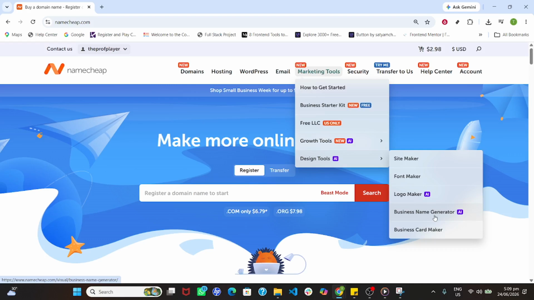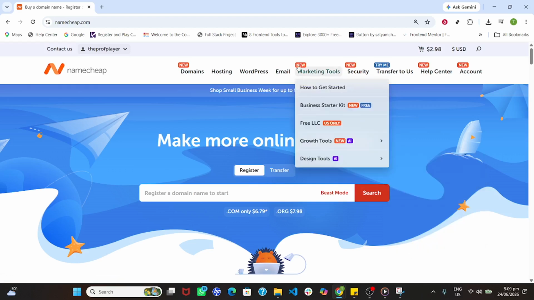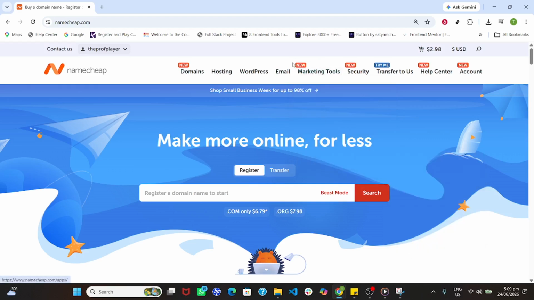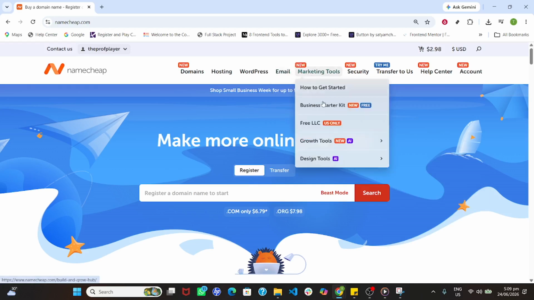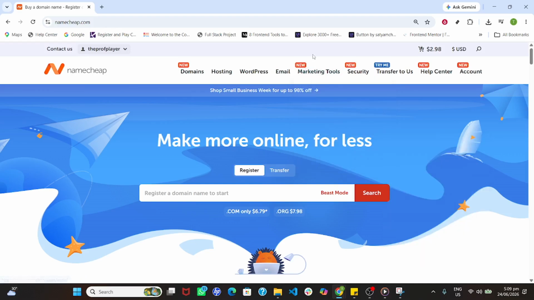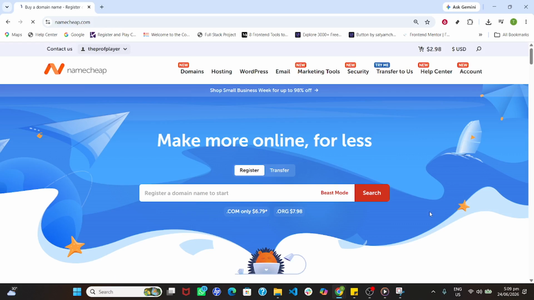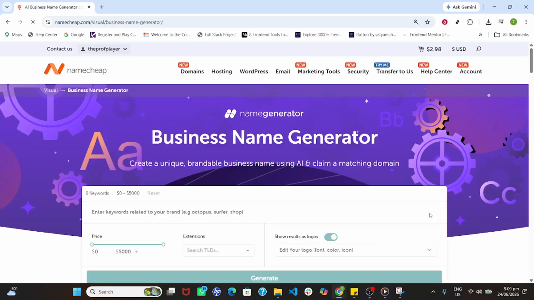All right, so now we're in Design Tools. You should see a list of options. Look for Business Name Generator. Give that a click. This is the first time we're selecting it, just to get into the right area. And then you're going to click on Business Name Generator again. I know it sounds redundant, but the first click takes you to the tool's landing page. The second click actually launches the generator itself, so just click it one more time, and the tool will open